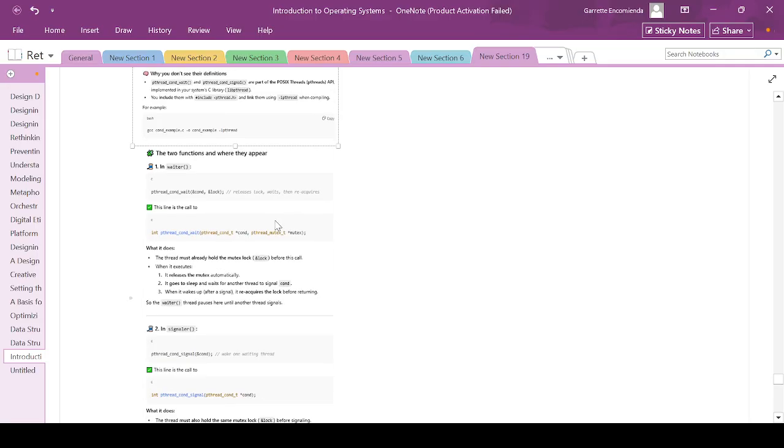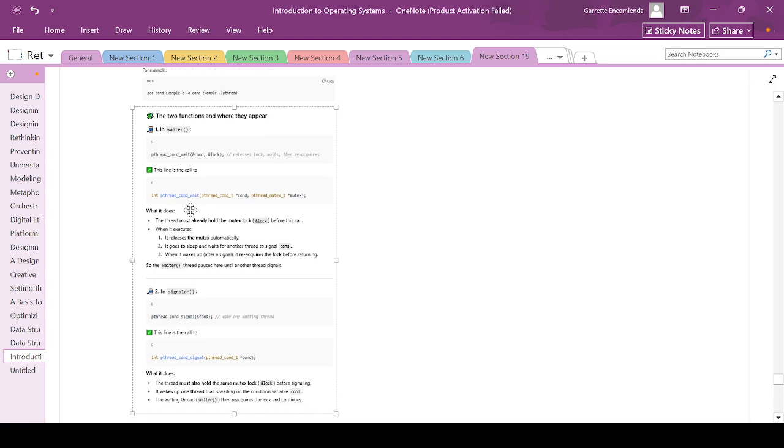So the two functions and where they are. In waiter, pthread_cond_wait with arguments &cond, &lock releases the lock, waits, then reacquires. So this means this line releases the lock. We discussed that this line is a call to int pthread_cond_wait in that library routine. We discussed int pthread_cond_wait with arguments pthread_cond_t *cond, pthread_mutex_t *mutex;